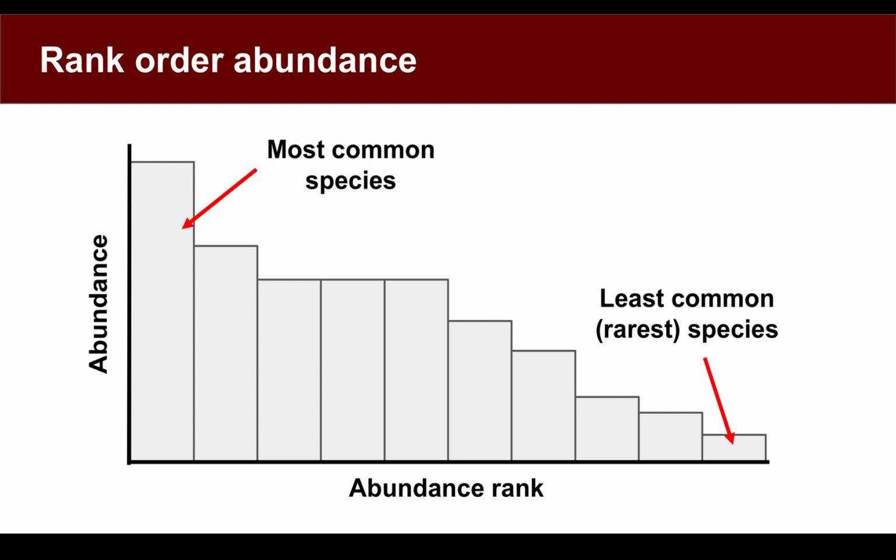So once you have something that is considered to be abundance, you can then sort your species from left to right, where you have your most abundant species on the left, your most common species, and then you have your least common on the right, and of course you can have ties like we see in the middle here. So the shape of this rank order abundance is what decides the evenness of your sample, and that would decide things like the shape of a rarefaction curve along the way.